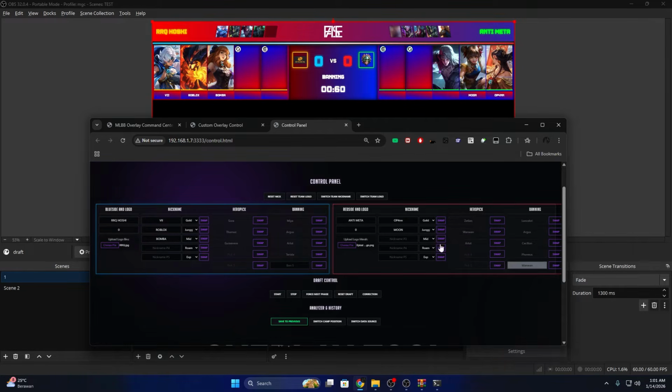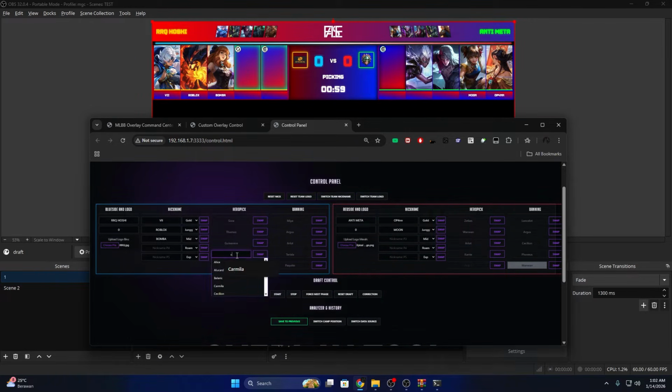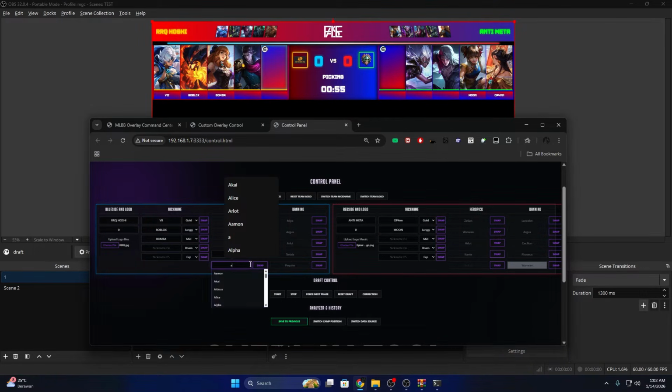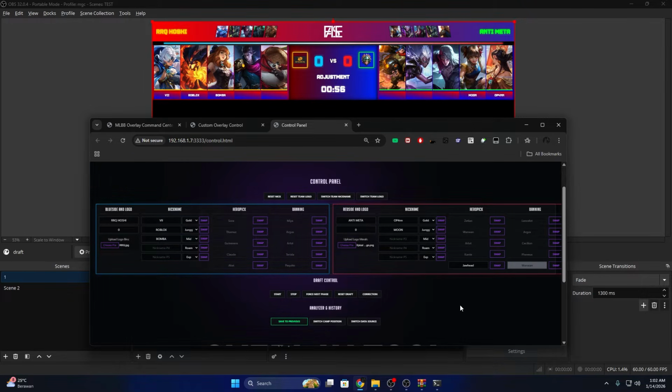Why one is bend again? So yeah. And then we're going to pick maybe the carry. Okay, carry. Okay, maybe you want to cloud, and you want to Akai and one Jawhead maybe. Okay, so this is our draft now. As you can see, now the draft is complete.